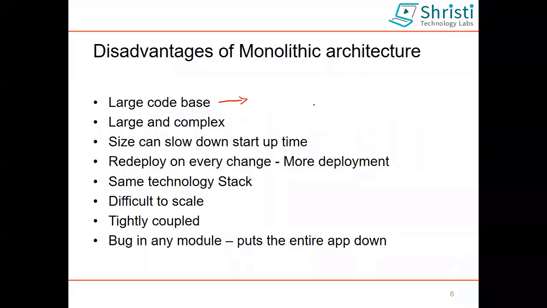And in case of a monolithic architecture, you will be using the same technology stack. If you are working with Java, everything will be related to Java. For example, in case of Spring MVC, it is completely Java, and on top of that it is Spring. Or it can be Struts, on top of that with Spring. Struts as MVC, and we are having the Spring backend. So this is how we usually work in a monolithic architecture. That is, you are going to use the same technology stack. If you are working with Python, everything is related to Python.